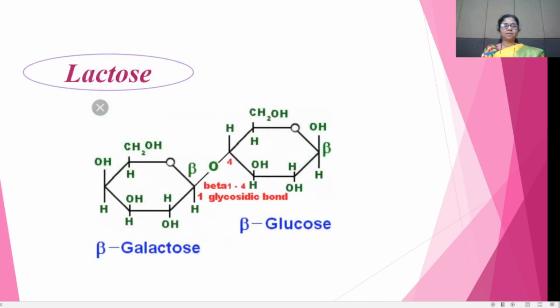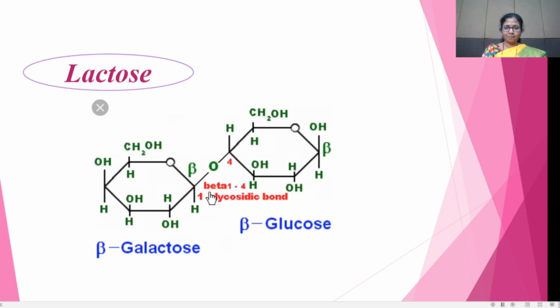Now see the next example, lactose. Lactose is also a disaccharide. It is formed from beta galactose and beta glucose. This is the beta position. The linkage takes place between carbon number 1 and carbon number 4. See here, carbon number 1 and carbon number 4, and therefore there is the formation of the glycosidic linkage,